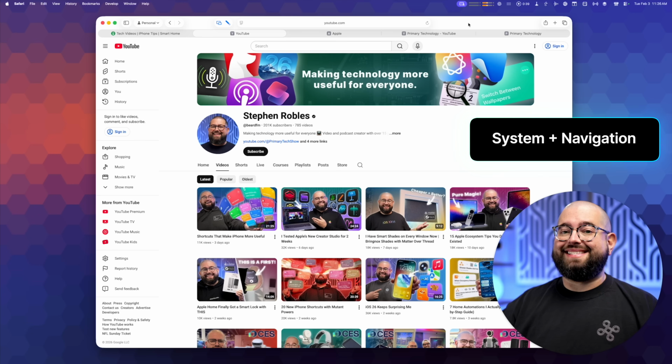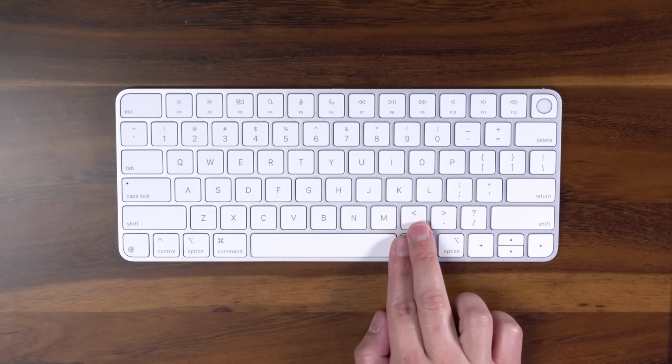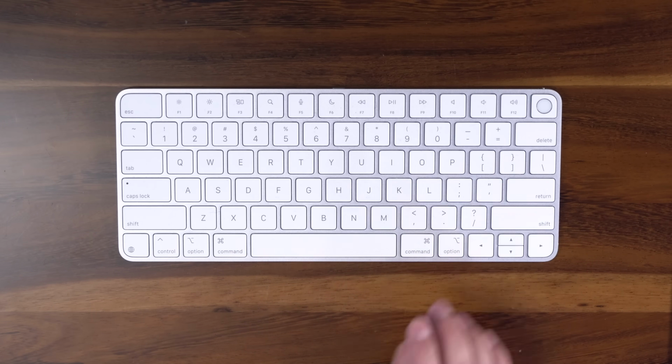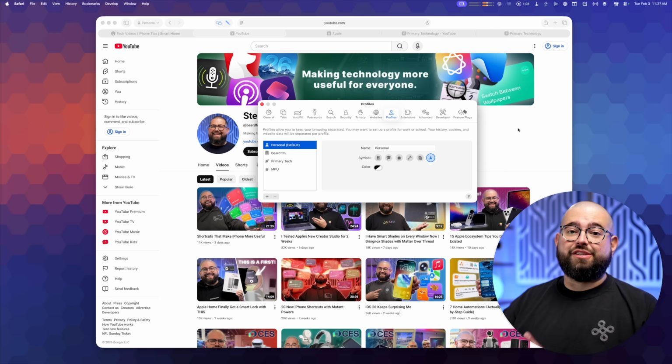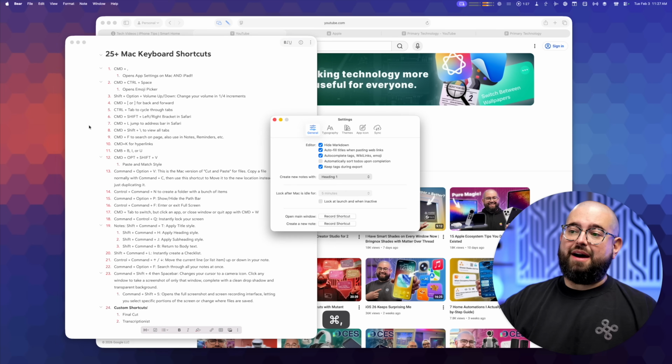If you want to jump to the settings of whatever app is active, so right now Safari is active on my Mac, you can literally just press Command and the comma button. And it doesn't have to be simultaneous. You can just hold Command and then press the comma button, and it's going to open the settings for that app. If I go to a different app, here's Bear, I'll do the same thing, Command comma, and it opens